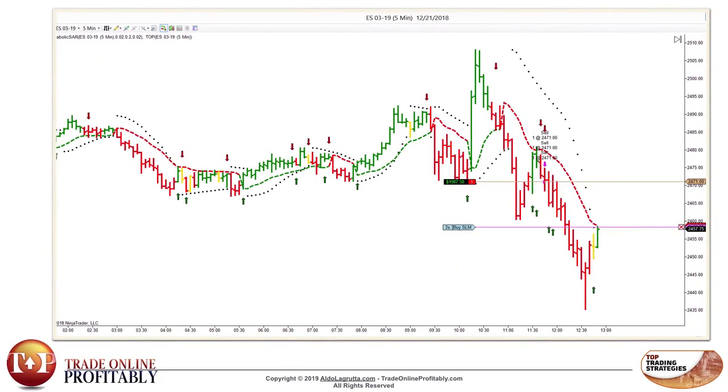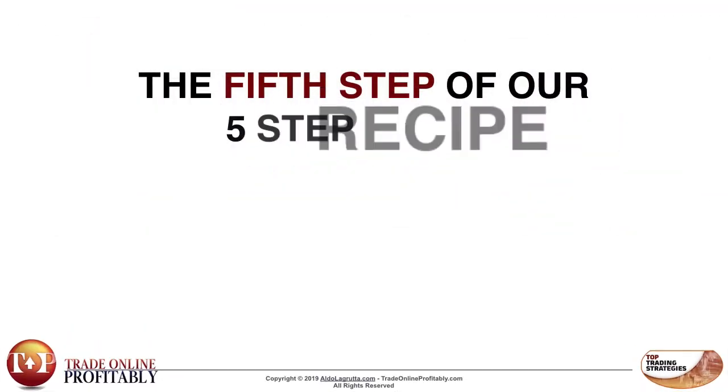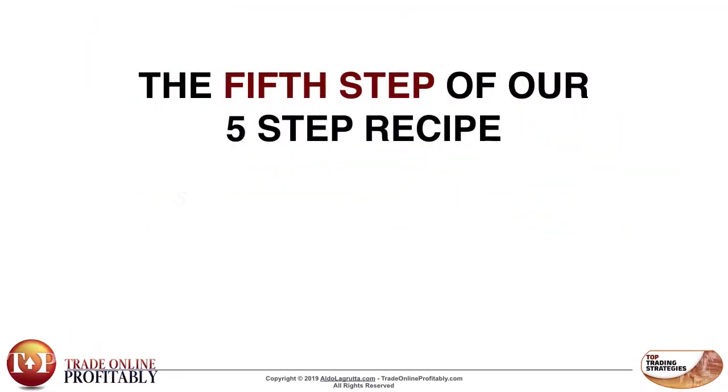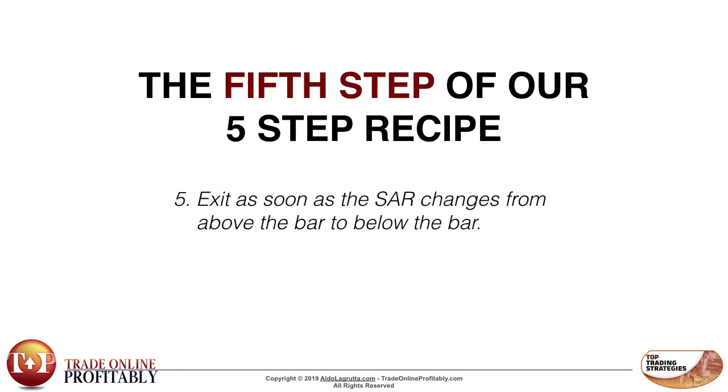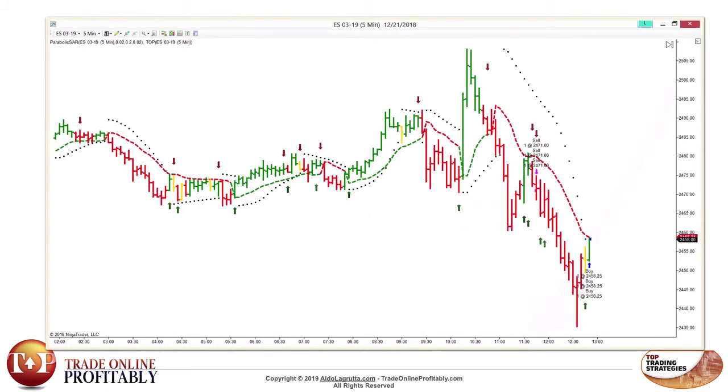Okay, I am now going to be stopped out. You can see how the SAR is now at 24.5825. So I lowered my stop to that level and was expecting to be out of the trade momentarily. And that leads us to our 5th and final step of our 5-step recipe. Exit as soon as the SAR changes from above the bar to below the bar. Here you can see I was stopped out at 24.5825 with